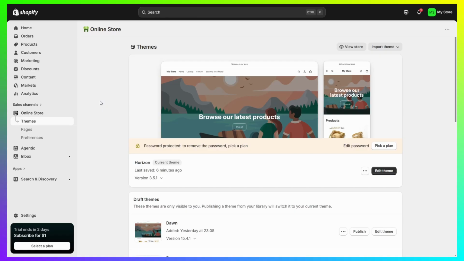But also try to install a more modern theme. So if you're not using a 2.0 theme, try to actually switch and use that, because they are pretty much just optimized for speed. So these are the three tips that I would give you to speed up your Shopify